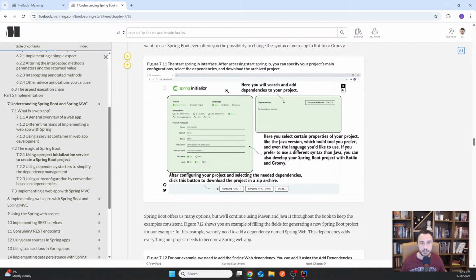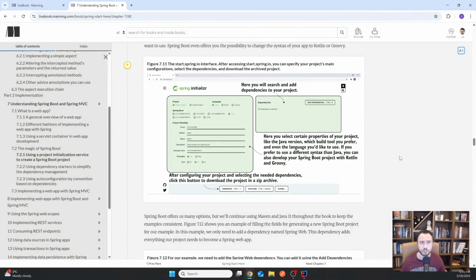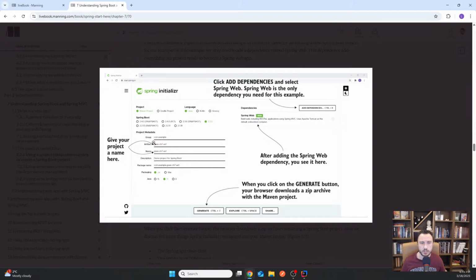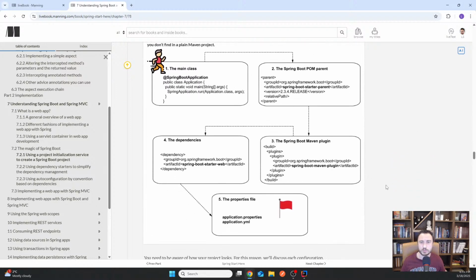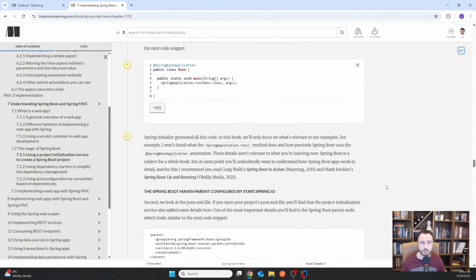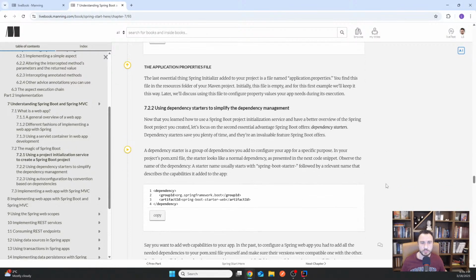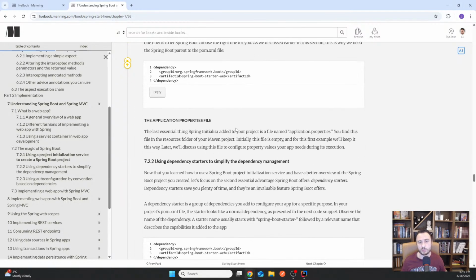See here how the page looks like. This is how start.spring.io looks like. It might be a little bit different now, sometimes they change the style. This book was released like four years ago, but it works the same, I promise. You select everything you need, like if you want Maven, what kind of Java you want, what the dependencies are, and then boom, boom, boom. It explains the structure, and that's it. Now you run it, and then you have a web application out of the box. All this also explains the structure of the Spring Boot project,